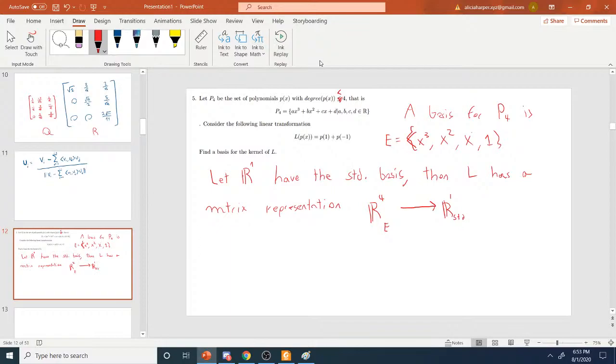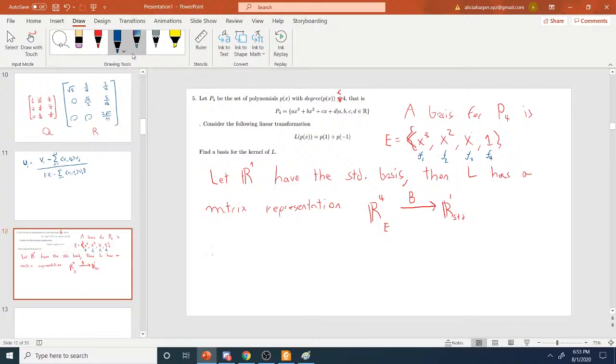And the matrix representation here is given by a matrix B. So let's figure out what B is. If this thing right here is our basis vector F1, and this is our basis vector F2, and this is our basis vector F3, and this is our basis vector F4,